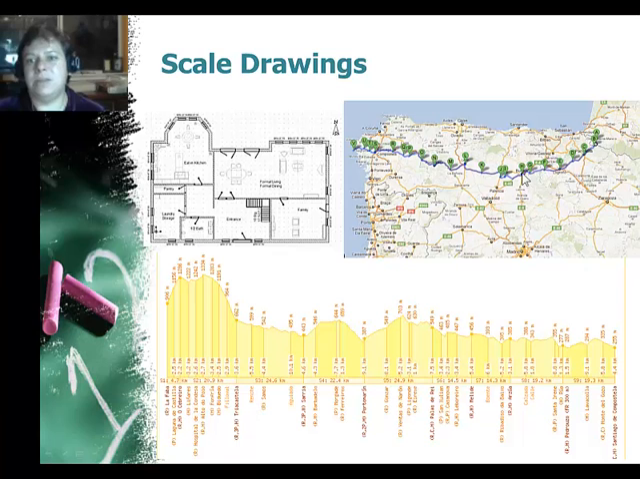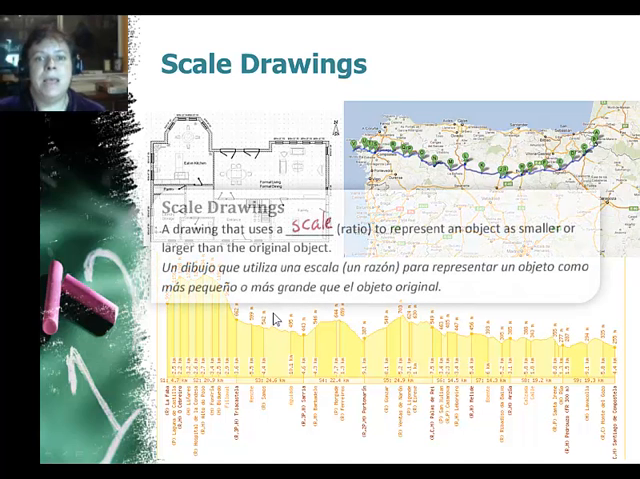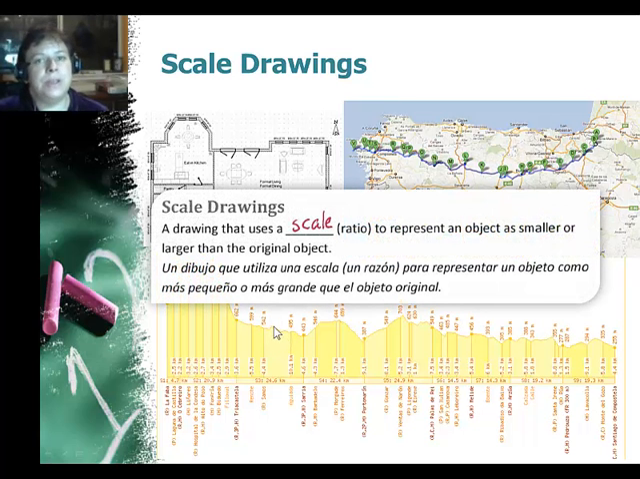In fact, this is for a biker, and so they're probably going about 50 miles a day, depending on how many mountains there are. Speaking of mountains, here's another scale drawing that shows the elevations of how high you're climbing up or going down on any given stage of the hike. So a scale drawing is a drawing that uses a scale ratio to represent an object as smaller or larger